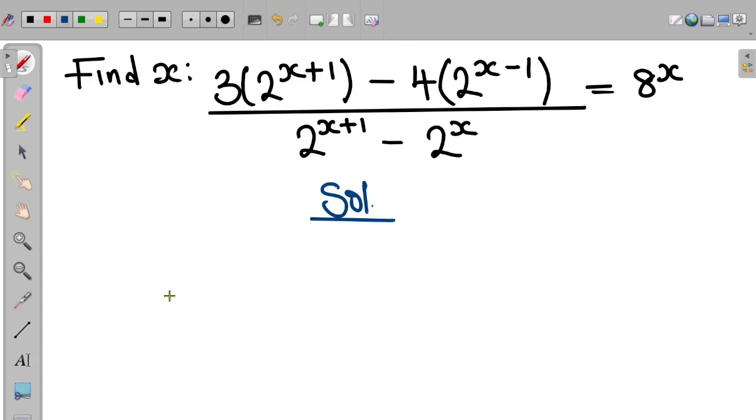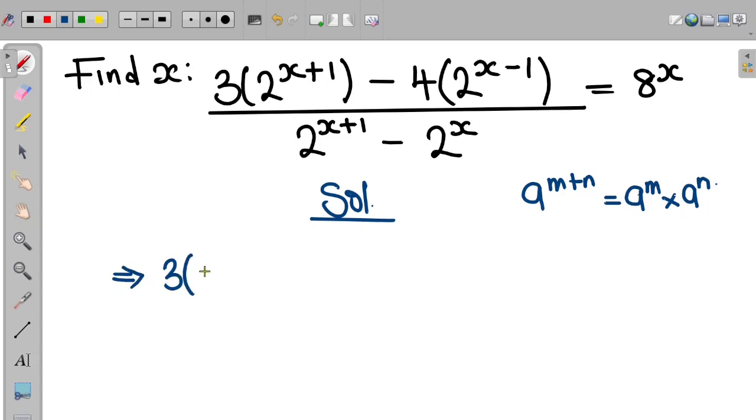So the first thing we do is that since we have indices, we are going to apply the multiplication law of indices. Now recall that if I have a to the power of m plus n, this can be expressed as a to the power of m times a to the power of n. So we apply this law at the left hand side. So this becomes